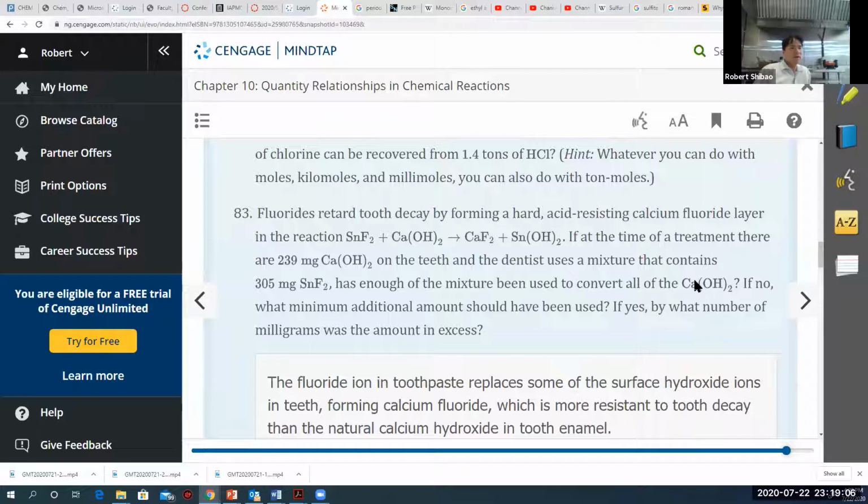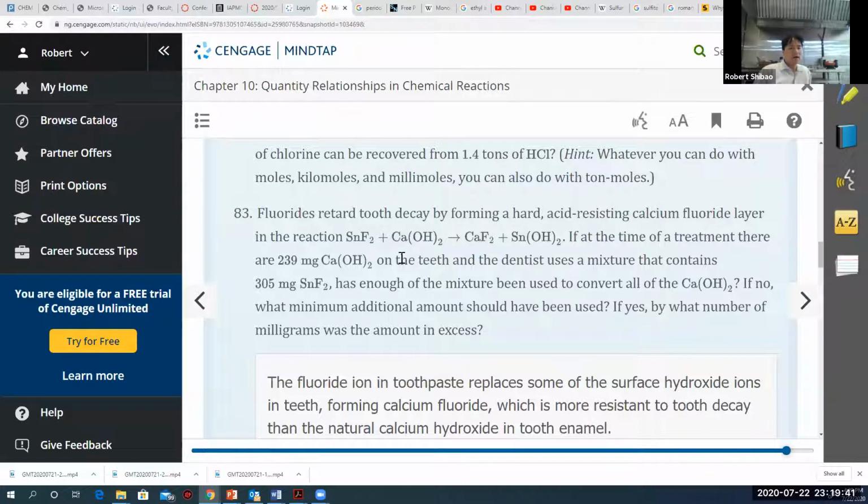So in other words, we want the calcium hydroxide, your teeth, to be the limiting reagent, and we want to have excess tin 2 fluoride. And so this is an interesting problem here because we have to figure out which one's the limiting reagent. If we didn't have enough fluoride to react with your teeth, how much more fluoride do we need? So this is different than all the other problems. We're not going to calculate how much excess remains,